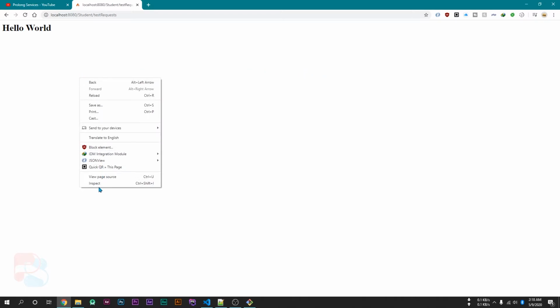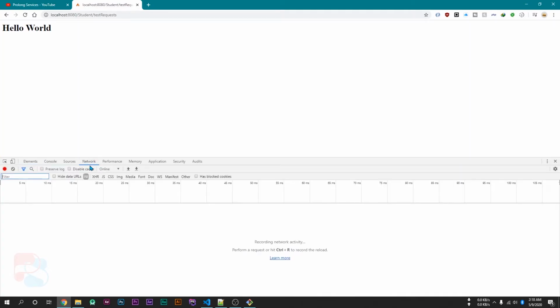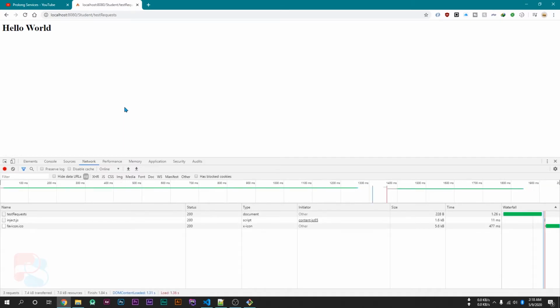If we want to check how our page is responding to the web browser, then we can right click and go to inspect, then go to the network tab and reload the page again. And here is our function, which is test request.